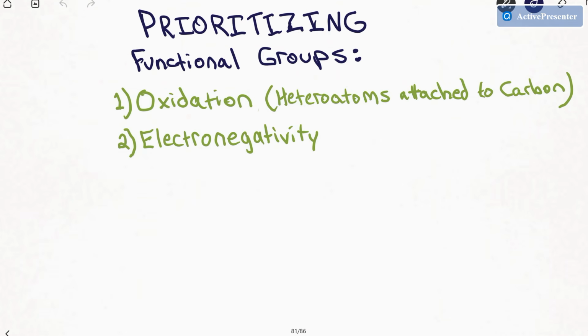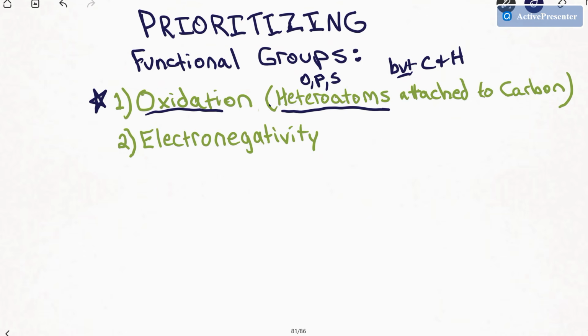And so anytime you have a carbon with an attached heteroatom, and a heteroatom is just anything besides carbon and hydrogen, an organic element, that means oxygen, phosphorus, sulfur, things like that are all heteroatoms. The rule of thumb is the more heteroatoms you have attached to a carbon, the more that molecule is oxidized. So, let's say we have a carboxylic acid,